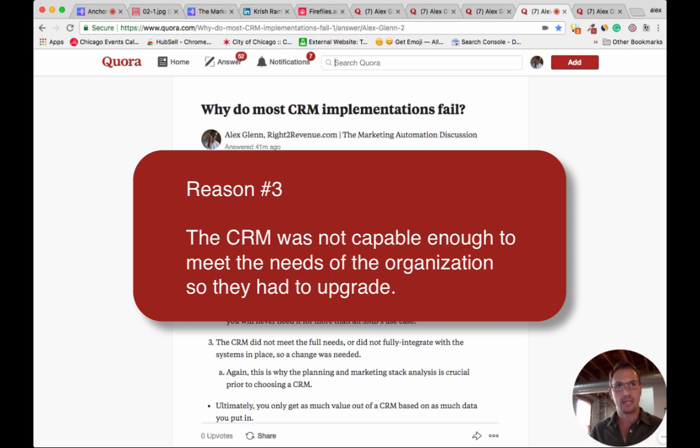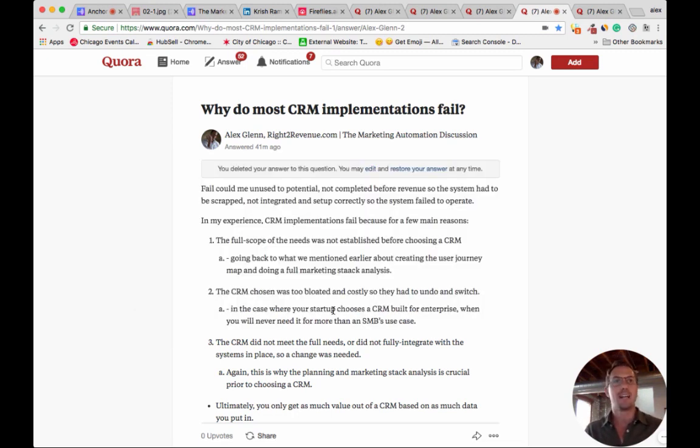So if you're looking at a CRM for just sales automation, and you did not consider marketing automation, then once you have your sales system built out, the marketing team starts coming on board and they need certain functionality, and you realize the CRM is not going to do it, and you look at bolting on some tools, but that system becomes clunky and disorganized, so you have to go back to a complete system that has marketing and sales automation included. That's something I have seen a lot.